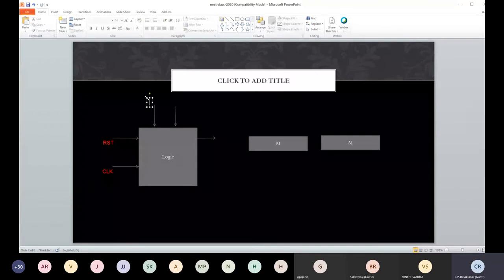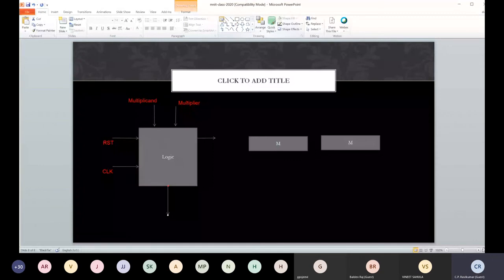And here is our multiplicand. And here is our multiplier. And at the end, we expect the product to be available here.